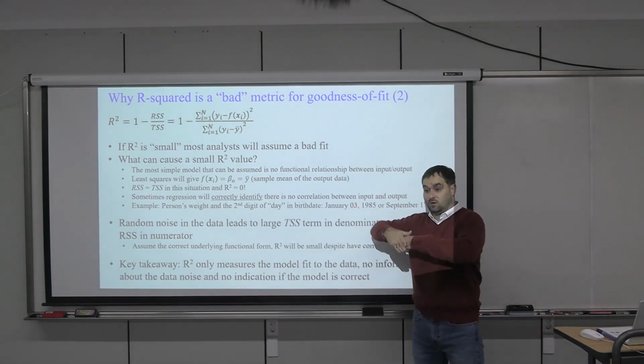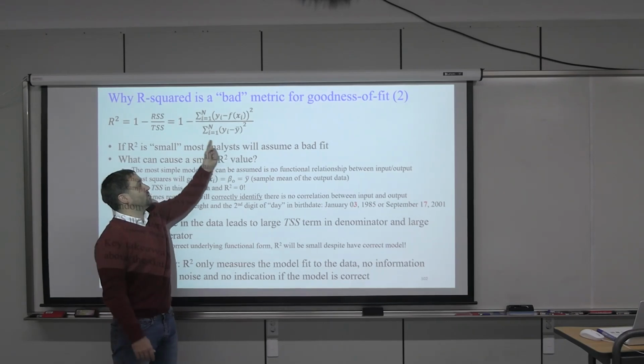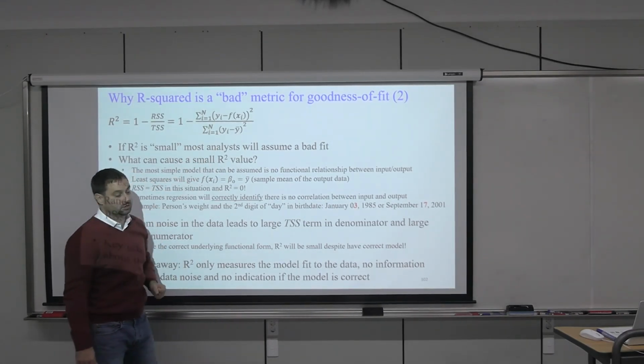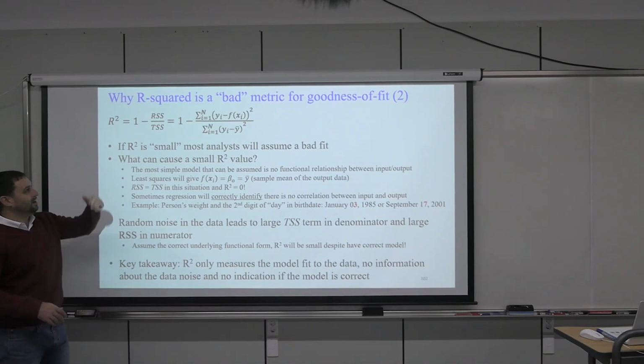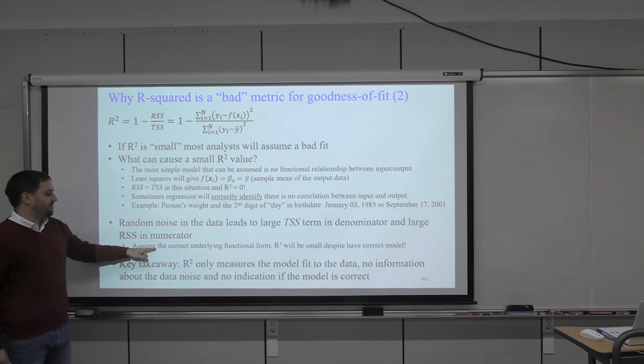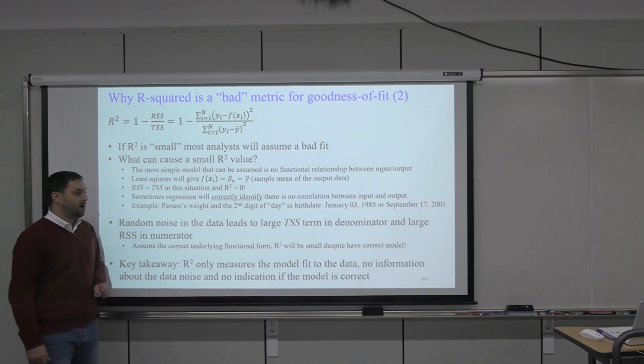So the more noise you have, this term becomes a large number, and naturally this term will also be a large number. A large number divided by a large number is approximately 1, so the R-squared will tend to be small. Even if you assume the correct underlying functional form, R-squared will be small